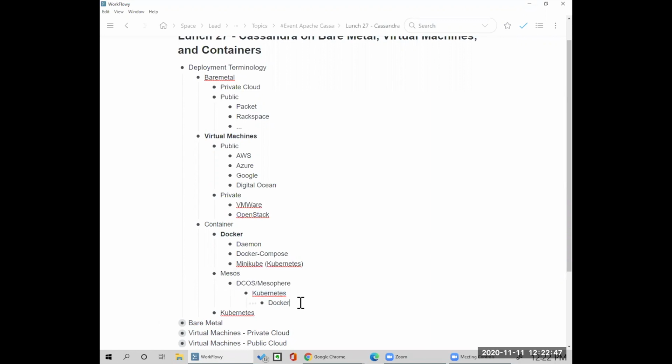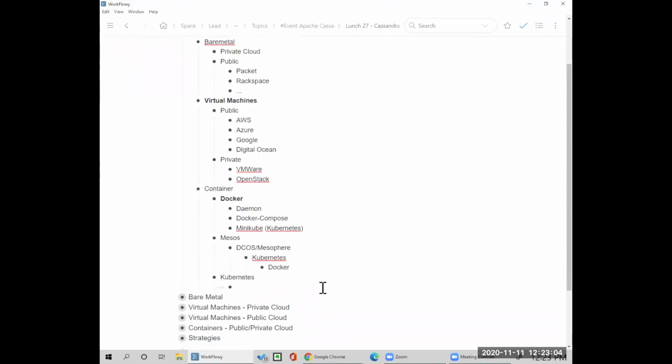I'm not going to get into them. Because of the OCI, the Open Container Initiative, Docker set the standard, and everybody else can create OCI compliant images that run on Kubernetes or Docker or anything else. Finally, we're at Kubernetes.